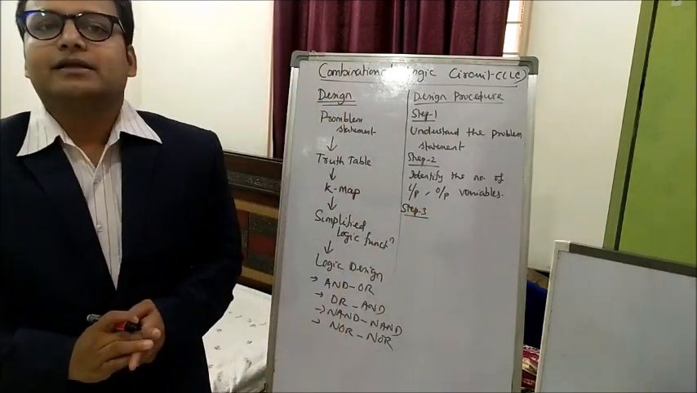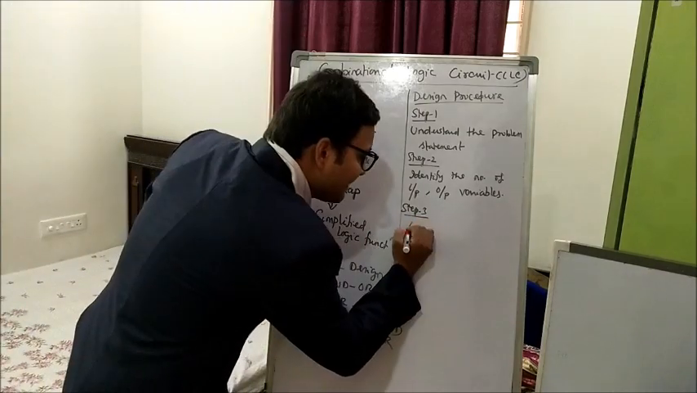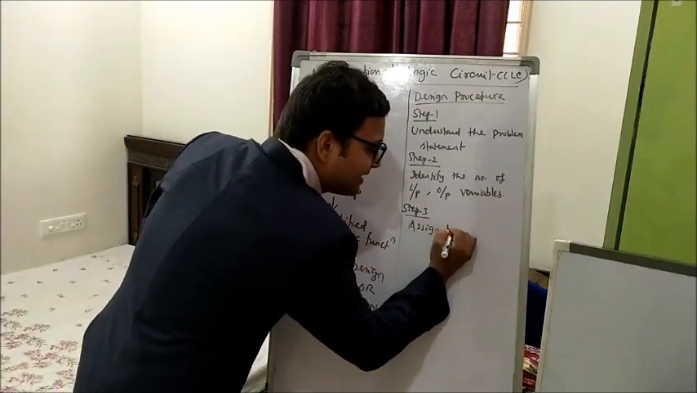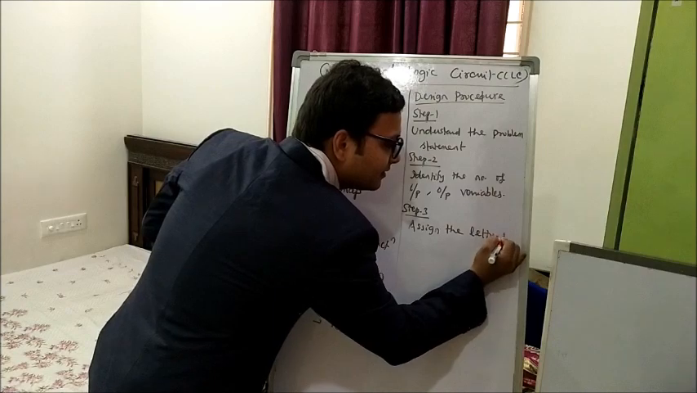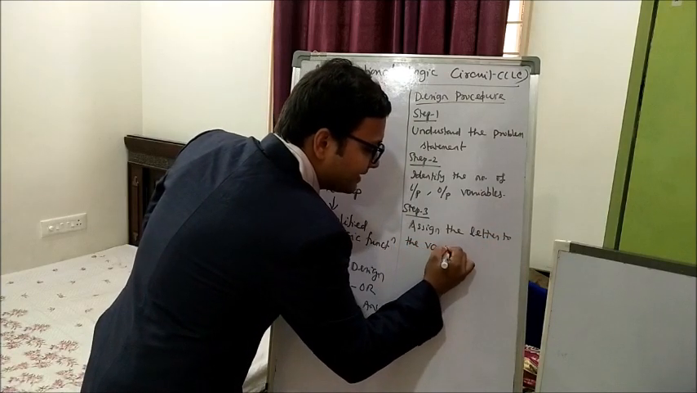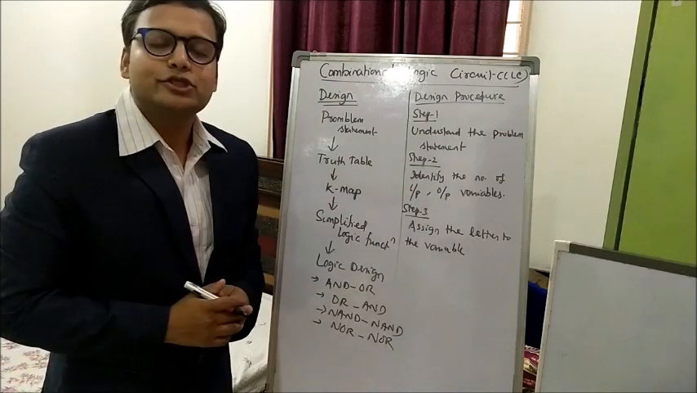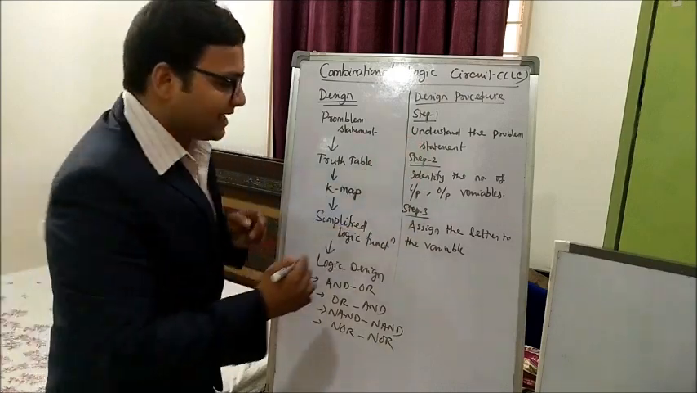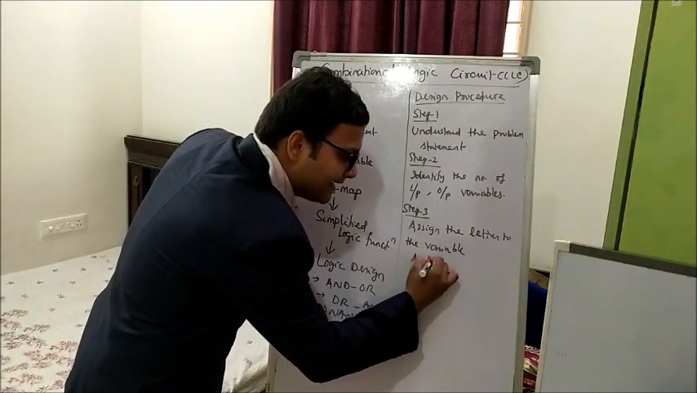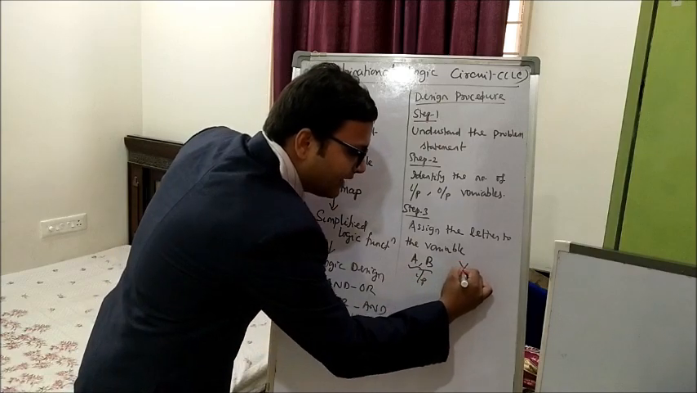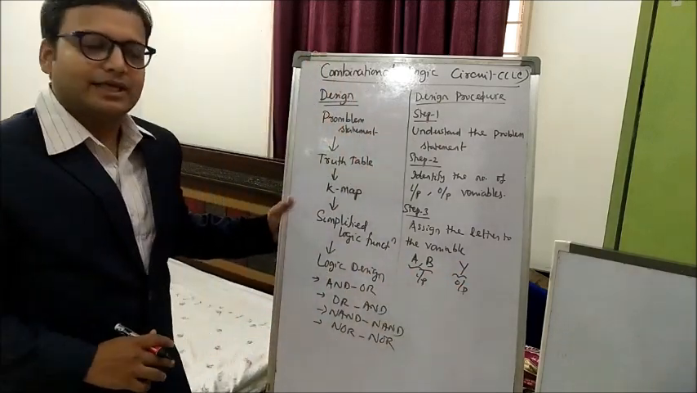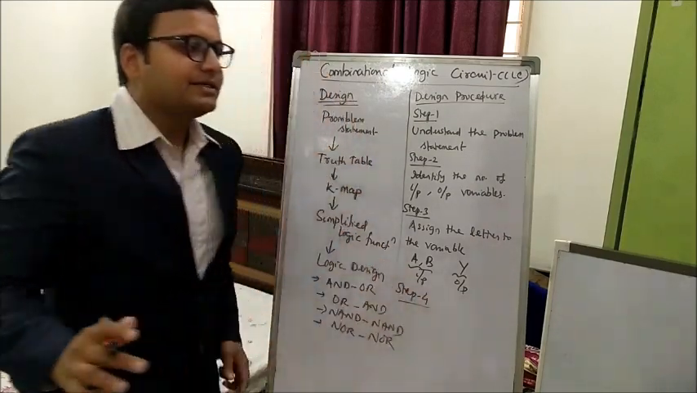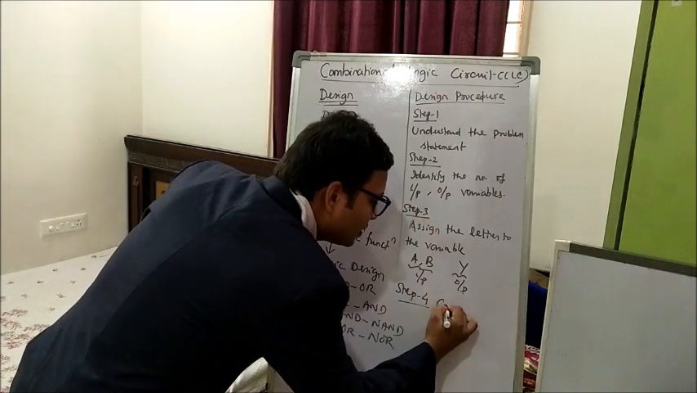Next, step 3. Under step 3, you need to assign the letters to the variables. Assigning the letters to the variables means, if a design has 3 variables, 2 input variables and 1 output variable, then you assign those as 2 input variables, let's say A and B, and Y as the output variable. Okay, this is the standard procedure. After that, step 4,